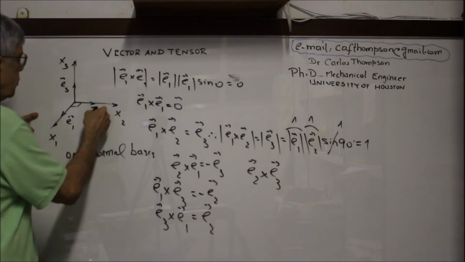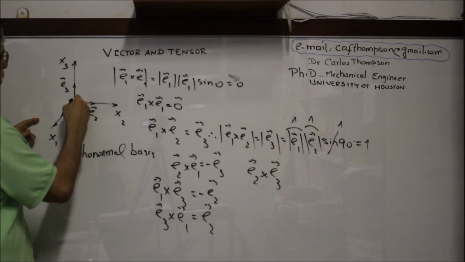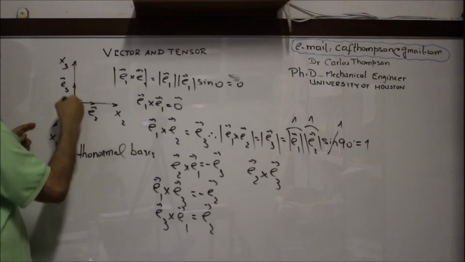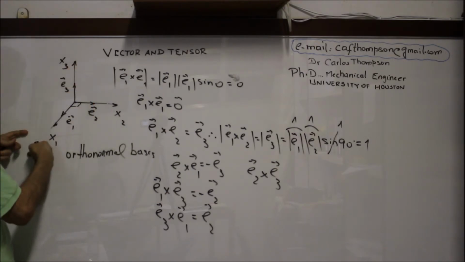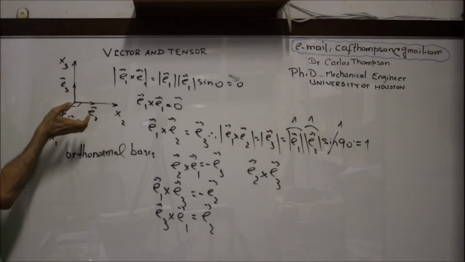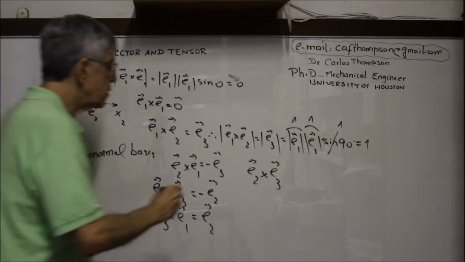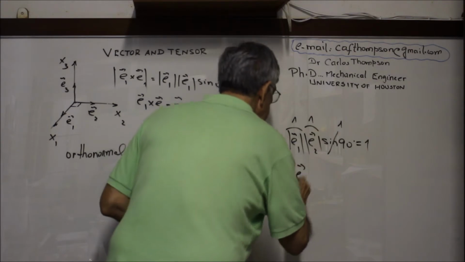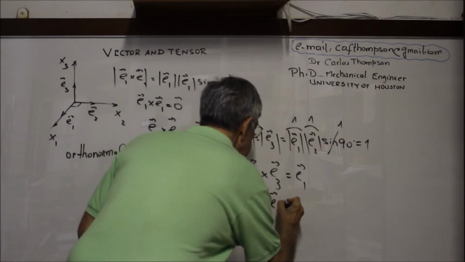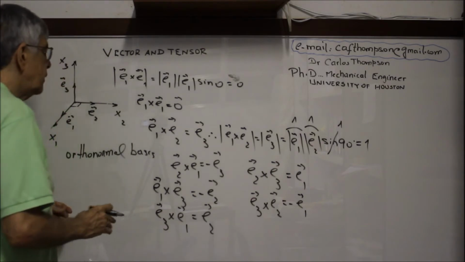Now, this is E2, this is E3. You see the plane x2, x3, so the straight line perpendicular to the plane x2, x3 will be in the x1 direction. So, E2 cross E3, you just use the right hand rule, you move like that. So this will be E1. Obviously, E3 cross E2 will be minus E1. Okay? Now, this is important